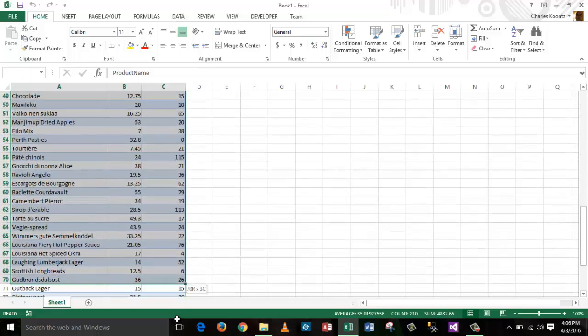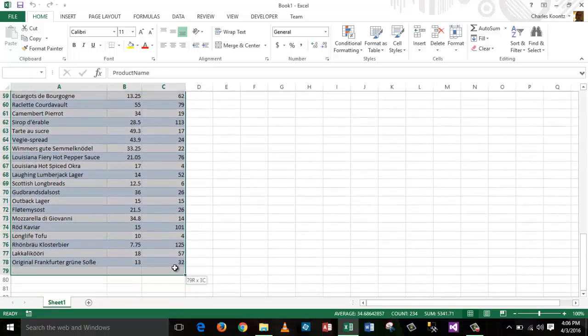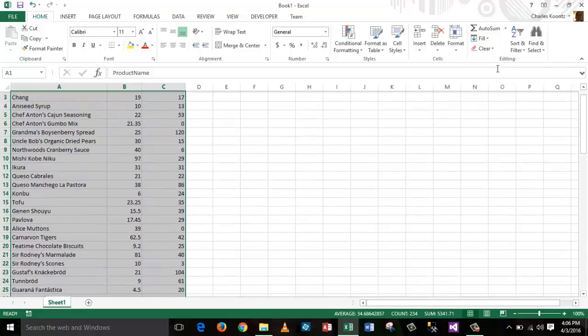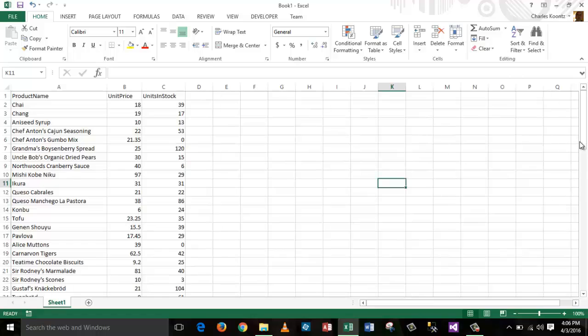And if you highlight that data a second time and go to the home page and on the clear button choose clear formats, it will then transform the data into a range without there being any background color. It's strictly ready for you to work with. Okay, so while I have it in this form, I'm going to go ahead and work with it further, and